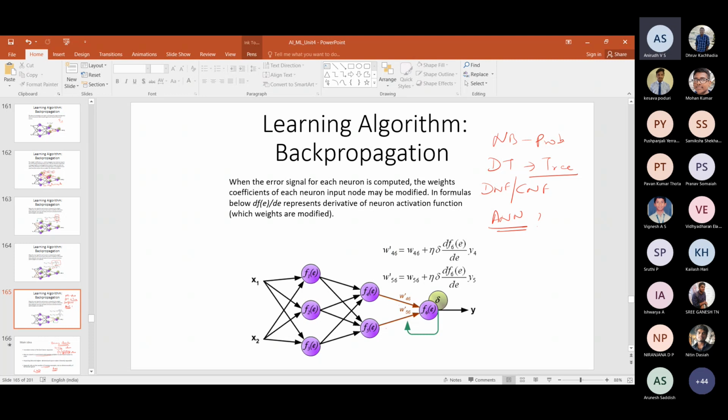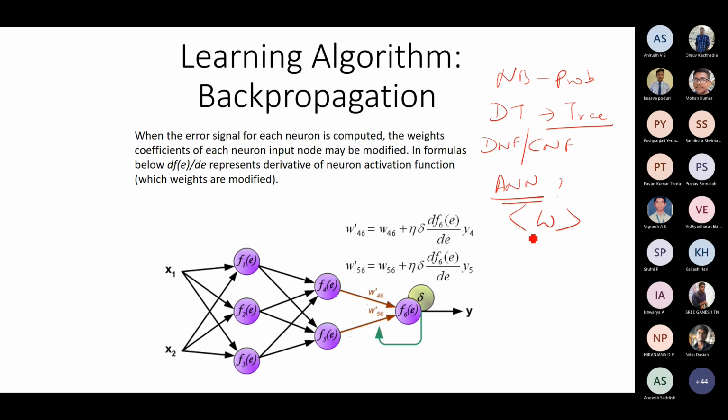Error. Error is there, right? We are finding out the error. Ultimately, what are we trying to modify? The weights. The weight vector is your model. So W is your model. So you started with a random weight of W0, W1, etc. up to Wn. Rather, I'll put it as Wij. Wij is your model. Okay? Because you have multiple layers, hidden layers are also there. So you have weight vectors as your model.